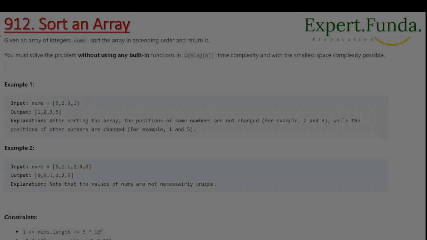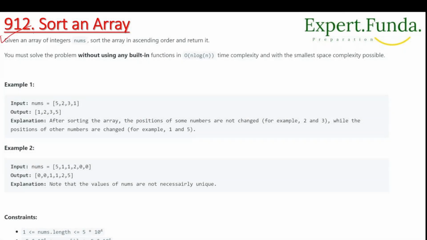So this is question 912, Sort an Array, and this question was asked on the 1st of March 2023. Given an array of integers nums, we have to sort the array in ascending order and return it. You must solve the problem without using any built-in function,